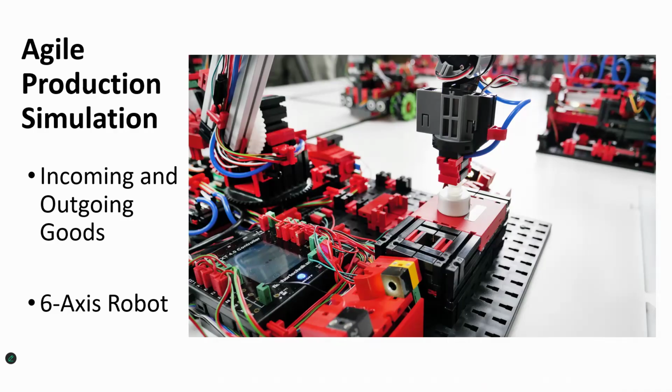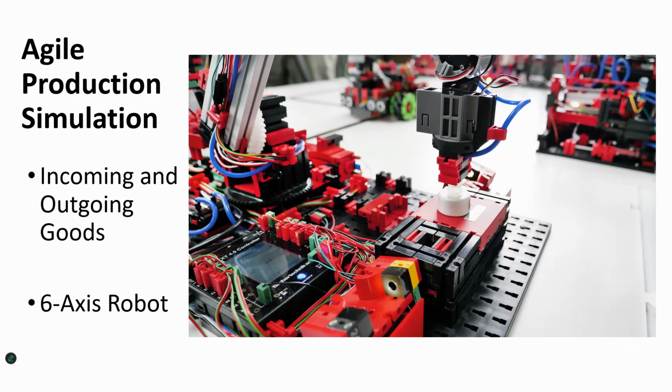This is still in production. What I'm going to do right now is provide you with a little bit of an overview of each of the workstations or modules as I present these slides. We're going to start off with the section you see here, which is where incoming and outgoing goods are placed. This is essentially where the material flow of the workpiece in the factory system will begin and